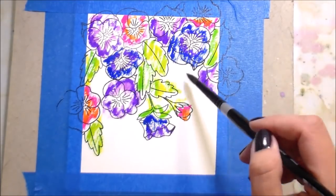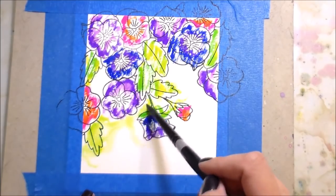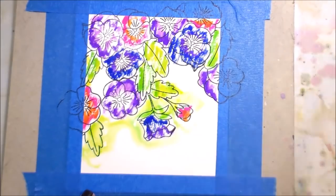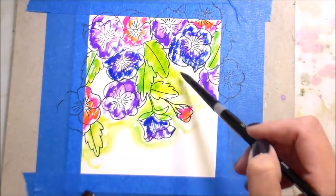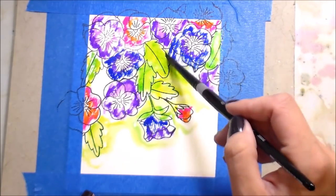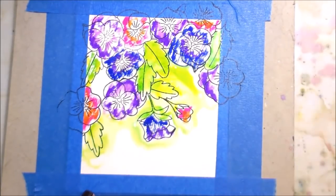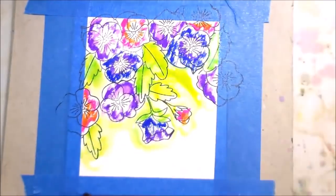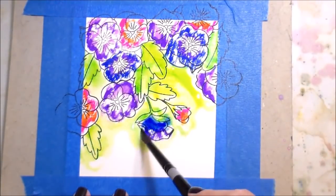So I'm setting down a barrier of clean water. I'm using a number 8 round brush from the Silver Brush Company, FYI. But I set down a barrier of where I wanted the color to stop, because I know that these pigments really like to move. And then I find that I have the best luck with something like this if I do all of one color at a time. So I started with the green, and then from the green, I rinsed off my brush,